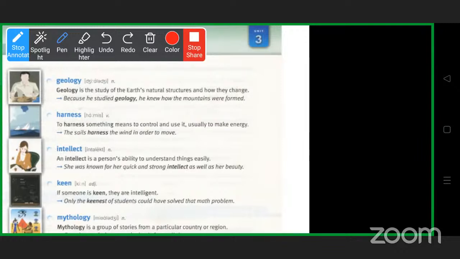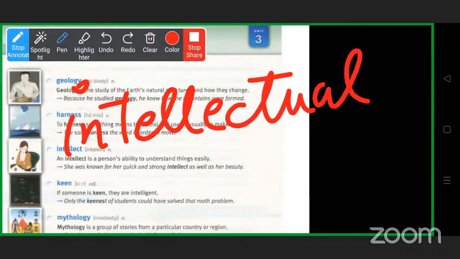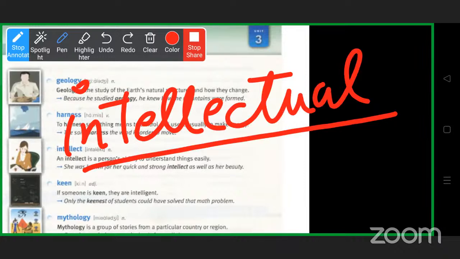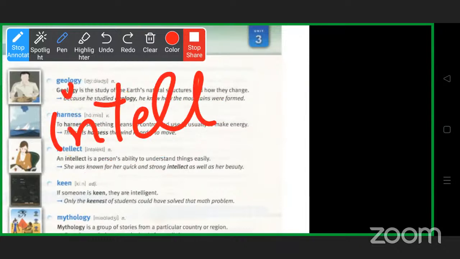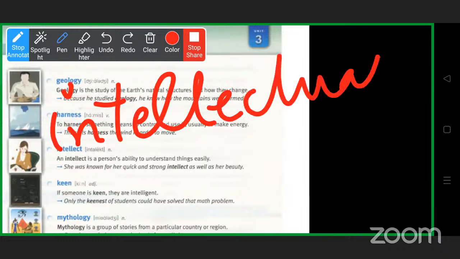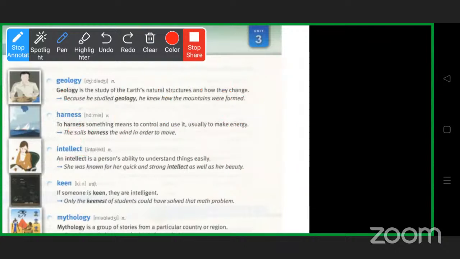So you should be intellectual. I would say that when we say intellectual, it's an adjective. No, it can be a noun also. There are lots of intellectuals in our society. When it is used with s, then it is a noun. But if we say intellectual here in this case, it will be an adjective. It depends upon which word we use it with, where we place the word and how we use it.